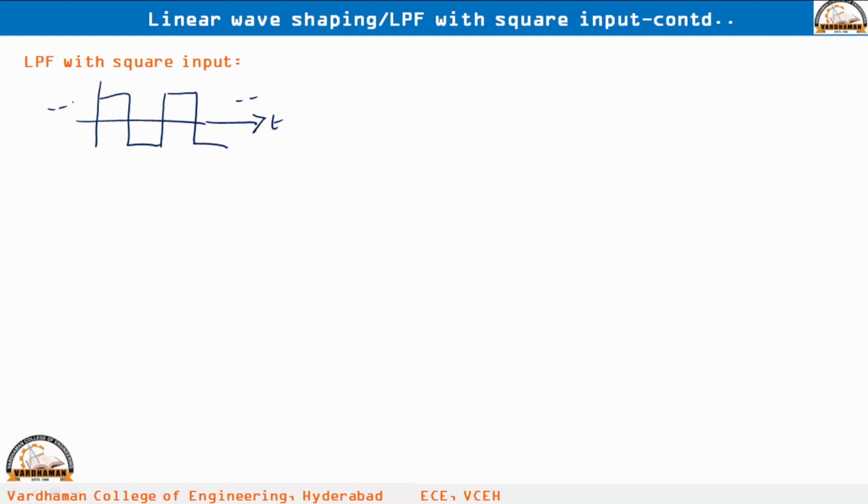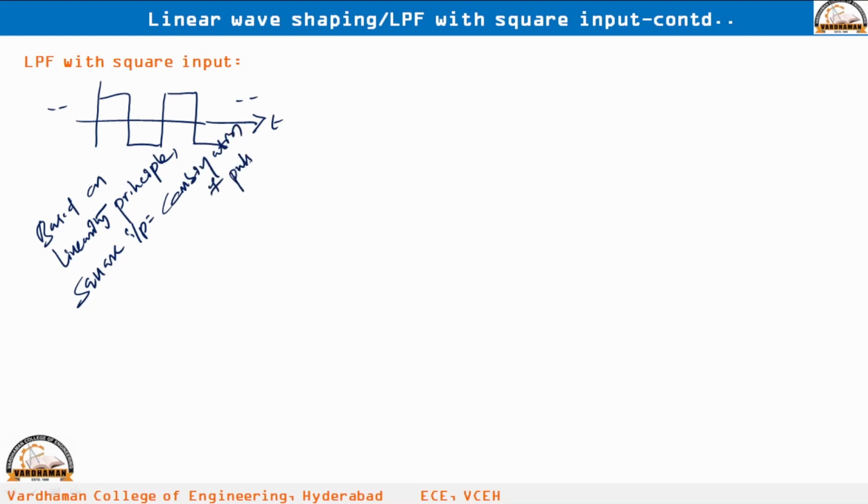The concept is very simple, because we are working with a linear circuit. If you add two inputs, then the corresponding outputs will be added. We know about the additivity principle and the scaling principle of a linear system. According to that, here I will write that based on the linearity principle, the square input is a combination of pulse inputs,